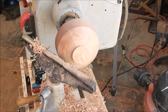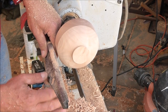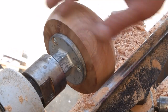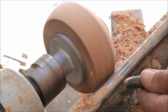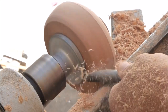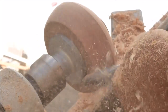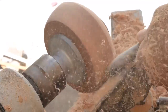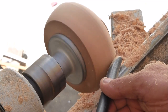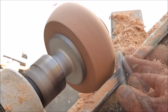All right. Still good. Some shape. All right, so I'm here on this outside edge of the bowl now doing some shaping. And I'm doing this with shear scraping, kind of doing this to blend everything in,